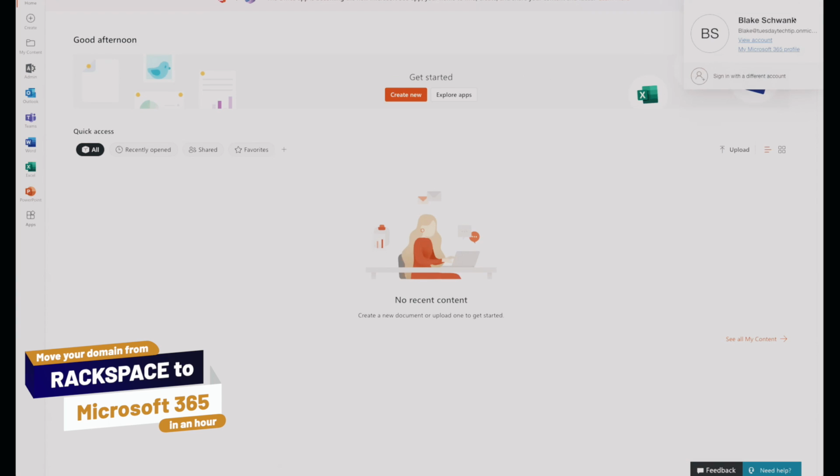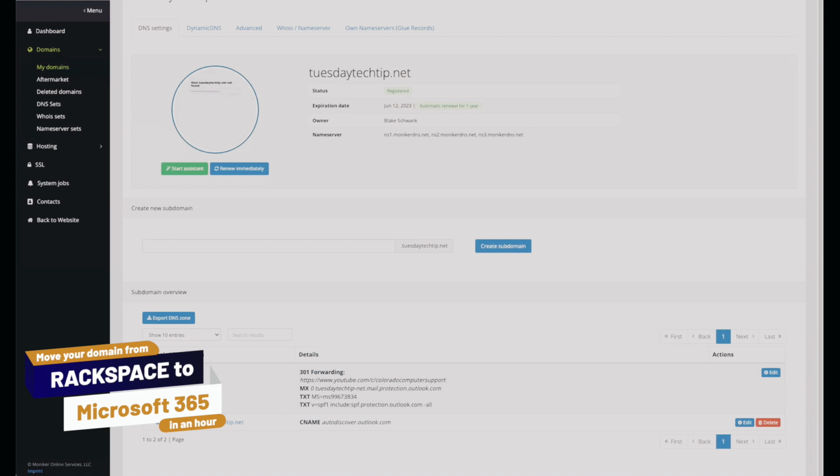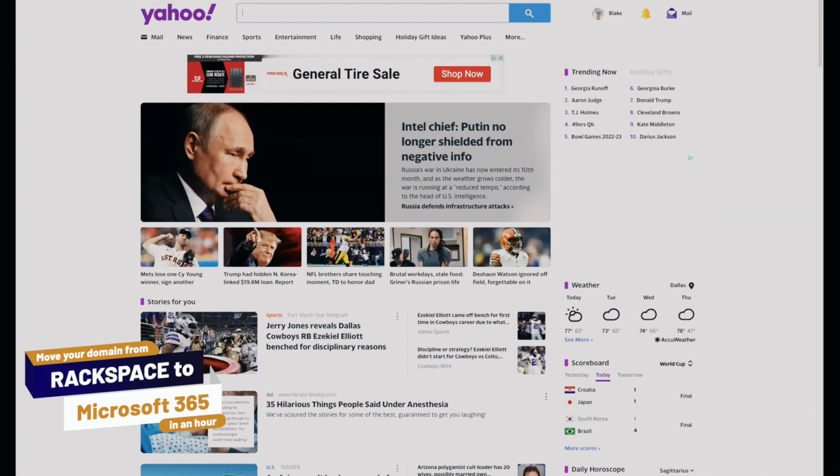This is logged in as Blake at TuesdayTechTip.onmicrosoft.com. We don't want that. So we want to sign out. And just to keep things clean, I am going to go ahead and close out of everything in my browser. I'm going to close everything. And it's just that one account gets sticky sometimes in the browser. So I'm going to open up, just to make sure it's working separate from everything else,